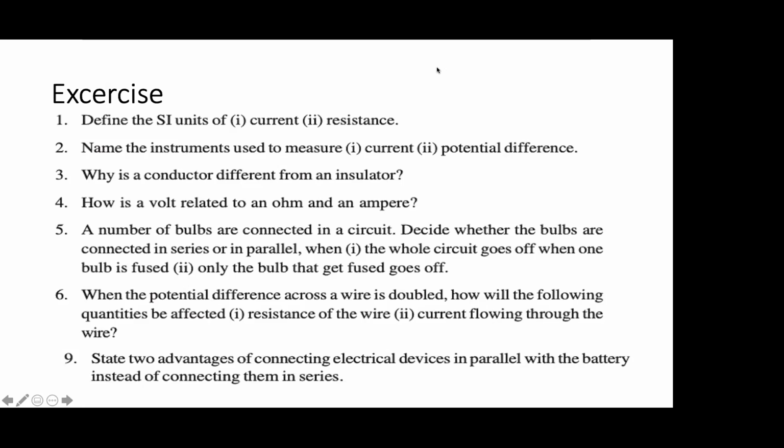Okay. Farhana, can you tell me what is the... No, not I, the unit I'm asking. I we denote current. What is the unit? Means in which unit you measure current? Ammeter. Ampere. Ammeter is a device. Ampere is the unit. Resistance, what is the unit? Safia, what is the unit of resistance?